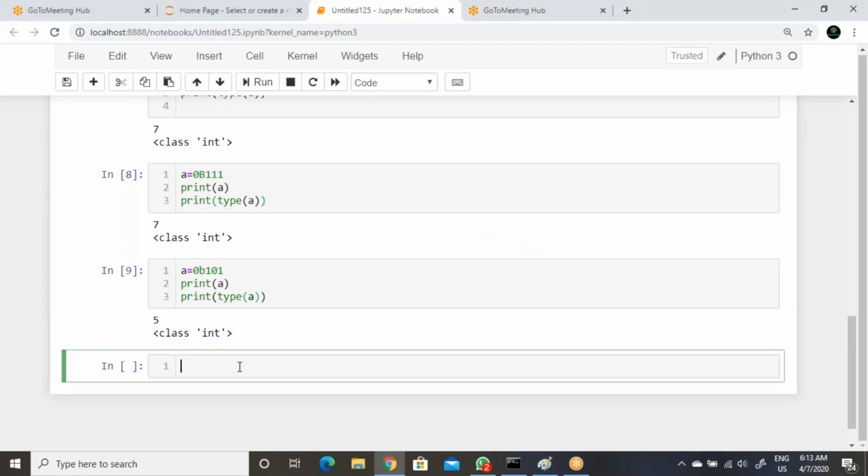Now how we can confirm that base value will be 8? That means it will allow the digits from 0 to 7.